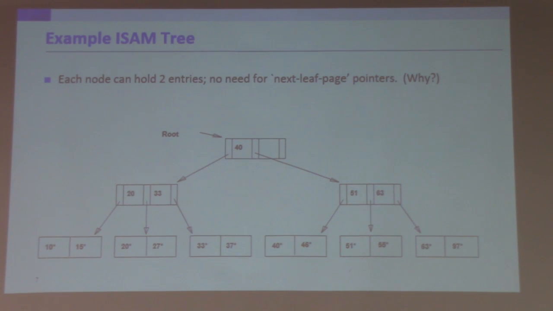You can use some value x that's less than B prime. By doing that, you leave some space in any given page to cater for future insertions into that page, so that you don't end up with overflow pages all the time. Does that make sense? This is something you can control in bulk loading, which is what we call